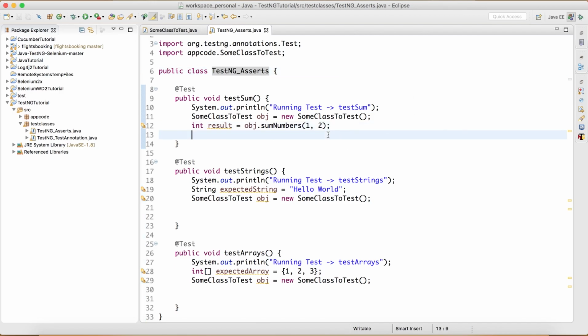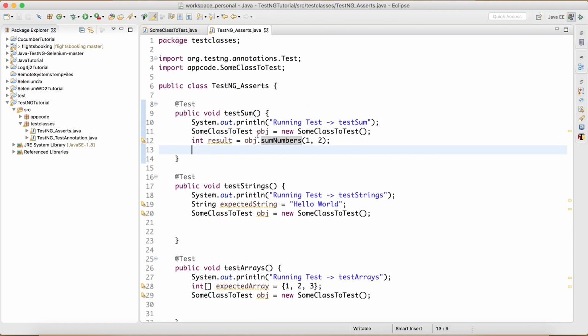Now what we can do here is we have the result here. Just take a look at the first method, test sum. We are just printing out some value and then creating an object and calling the method sum numbers. So this is our result. Now what we want to do here is test if it's correct or not. We can say assert